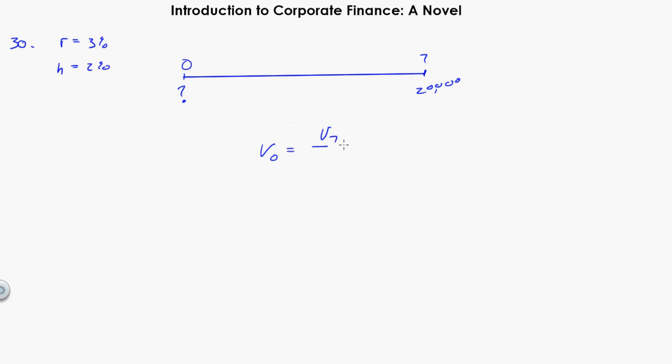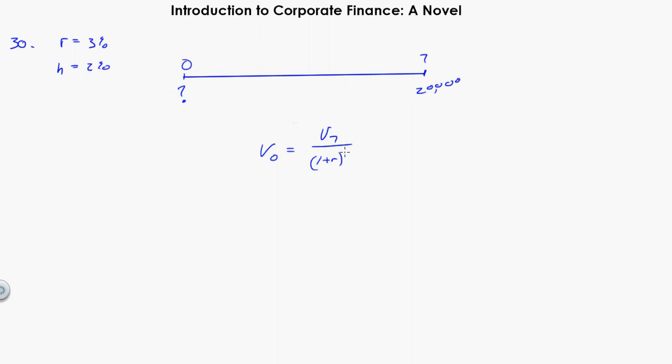We have a real rate of return equal to 3%. We have an inflation rate equal to 2%. And we want to know the value today. So the value right now today of receiving $20,000 at year 7. So the value today is equal to the value at year 7 divided by 1 plus